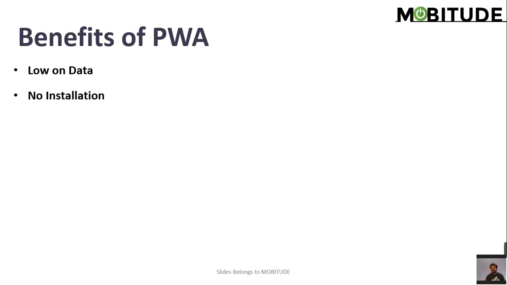Enter the URL, go to the menu button, click on add to home screen, and it will be added, and you can use it as a mobile app. And it is sharing. How will you share apps and everything? You can simply share the progressive web app URL. Now let us see the drawbacks of progressive web apps.